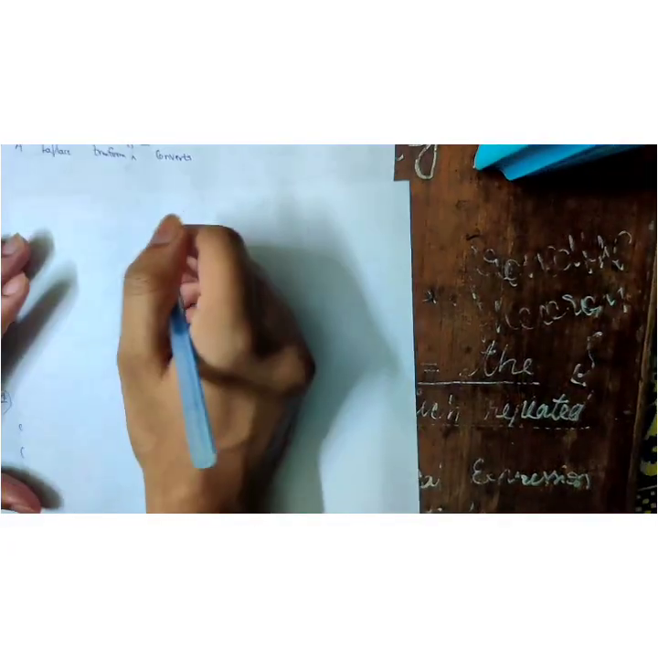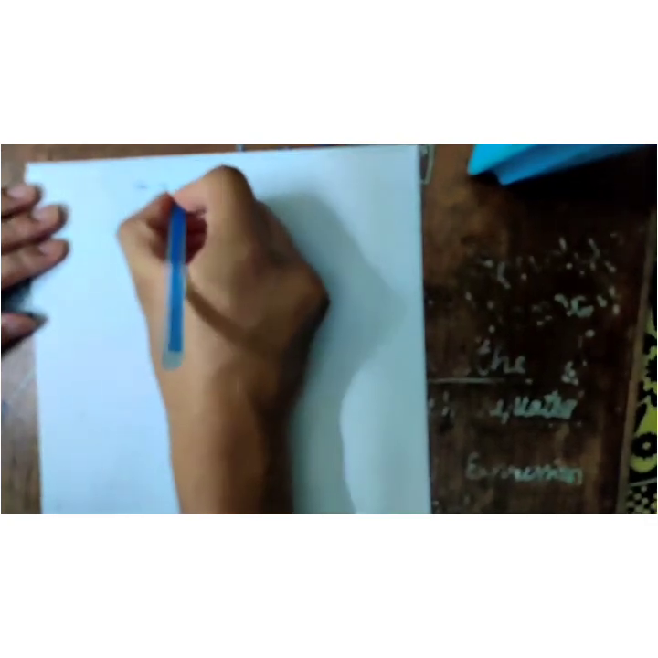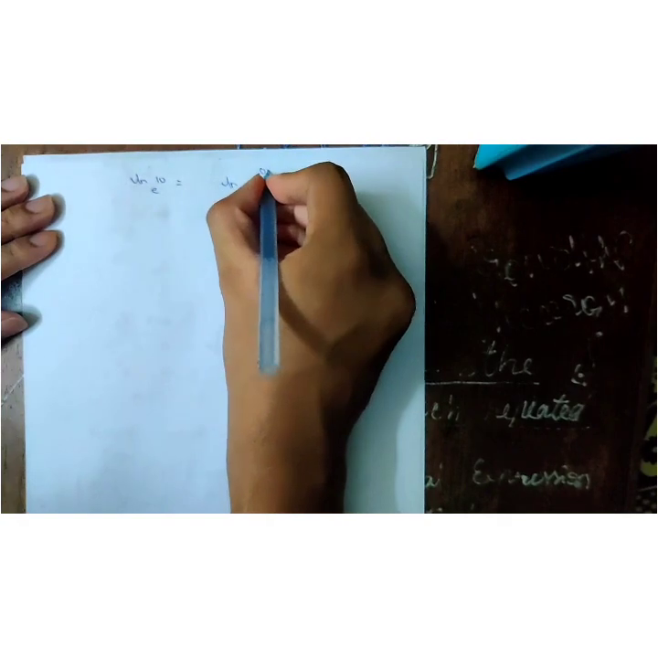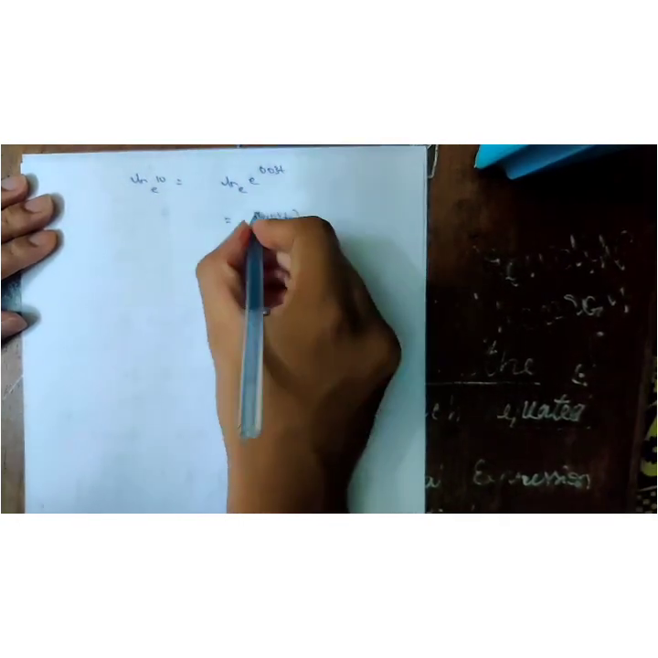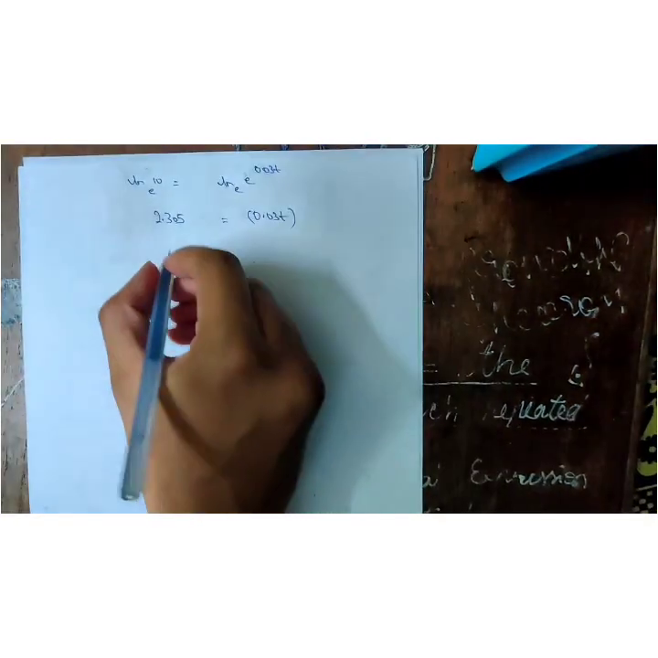I'll take a new page. Okay. One second. I hope it is clear. Yeah. Ln 10 to the base e is equal to ln to the base e to the power of 0.03t, which is 0.03t, and ln 10 to the base e is given by 2.305, which is equal to 0.03t. T is equal to